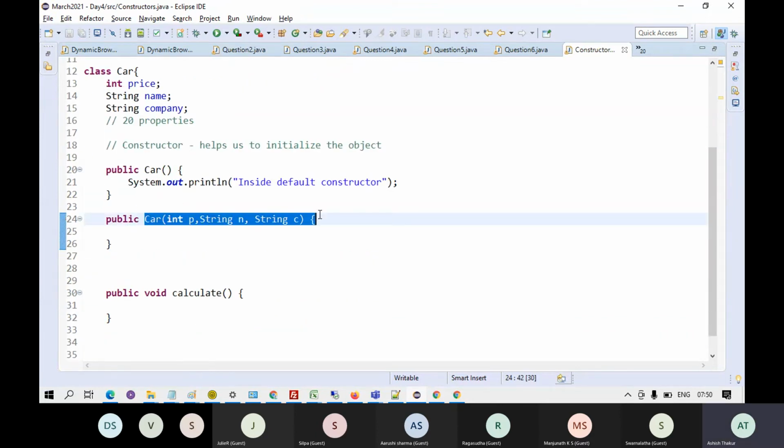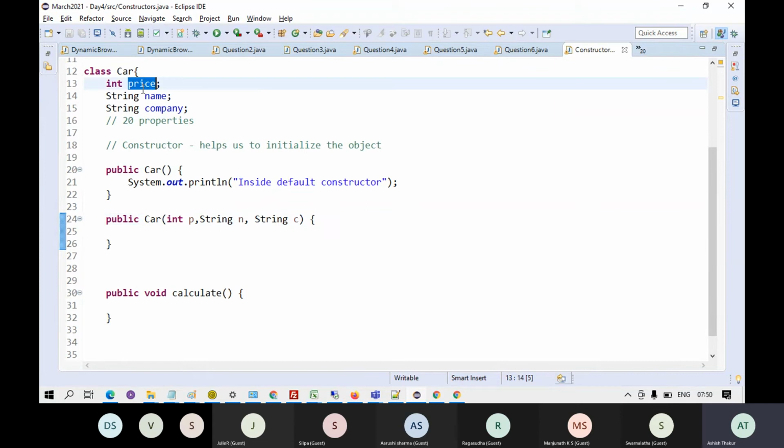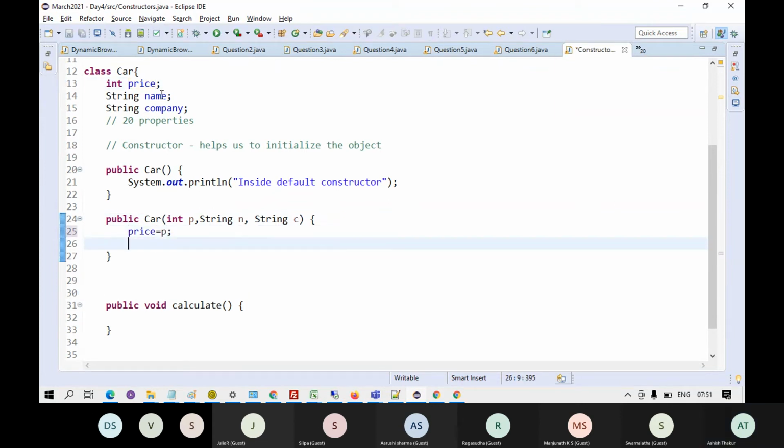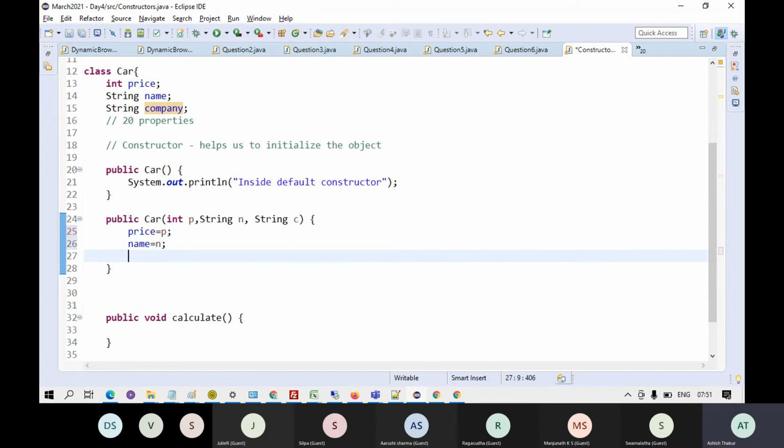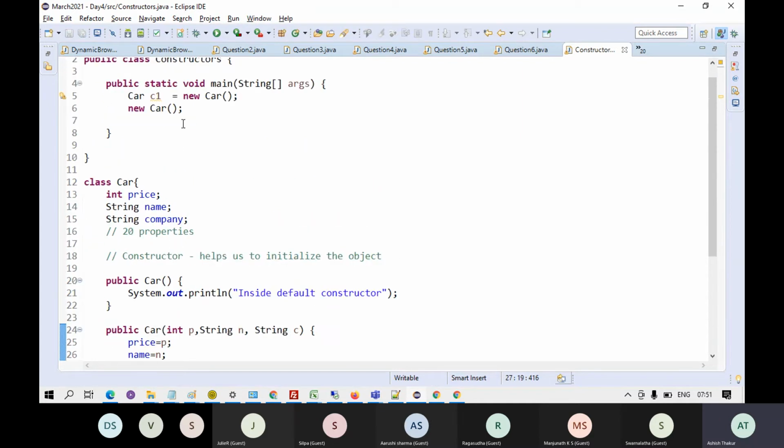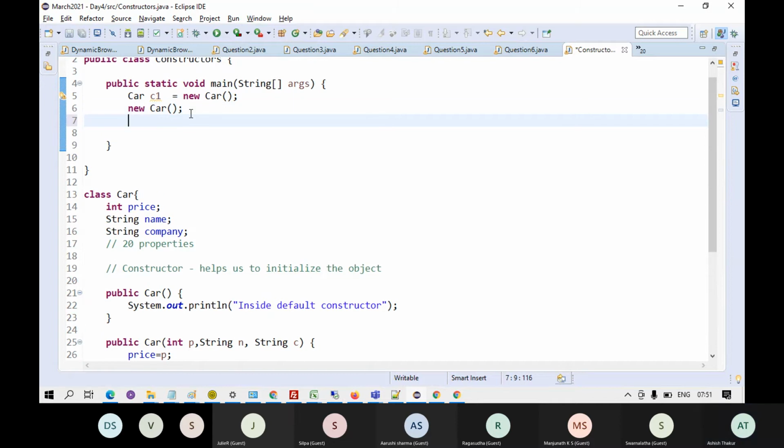So I can have a different form of this constructor, and I can write price equals P, name equals N, and the company equals C. Right. So when I create the object of the car class now, I can send the price, name, and the company.